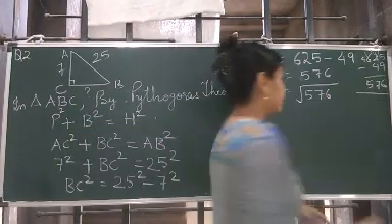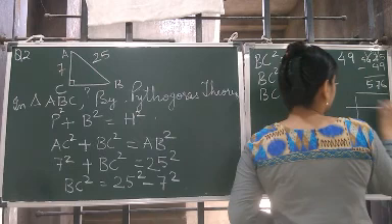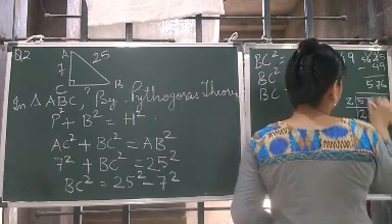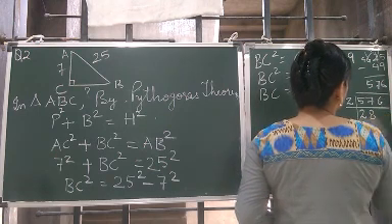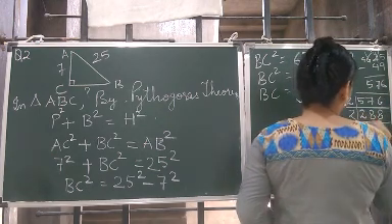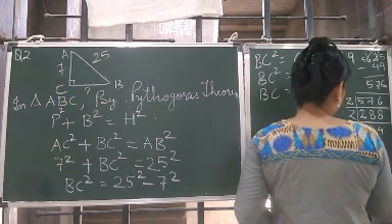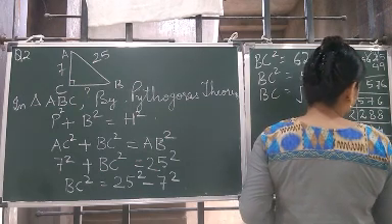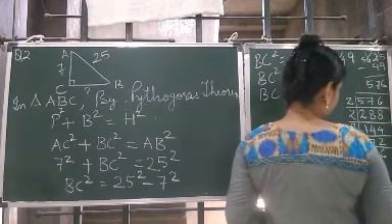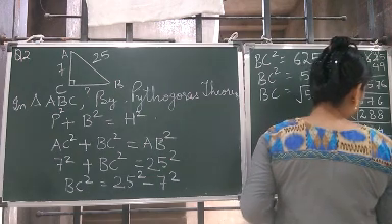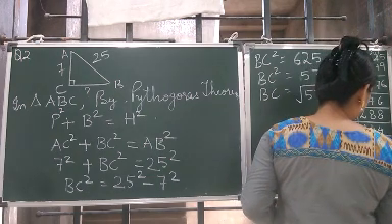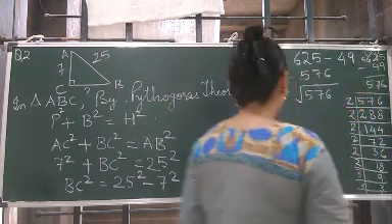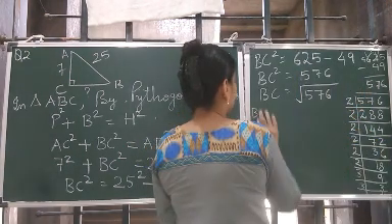Children, what to do? Again, we will find its prime factors with this method which we have studied long ago. 2 2s are 4, 2 8s are 16, 2 8s are 16, 2 7s are 14, 2 36, 2 18, 2 9, 3 3s are 9, and 3 1s are 3. So let's see what all has come. So BC is equal to